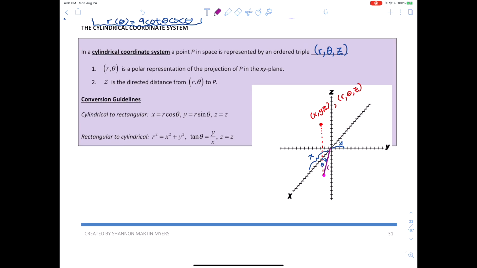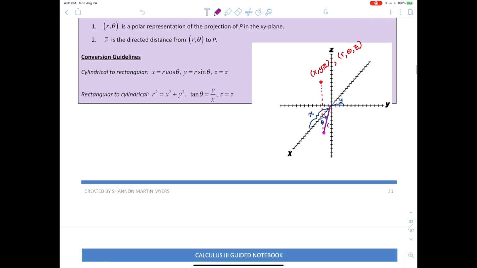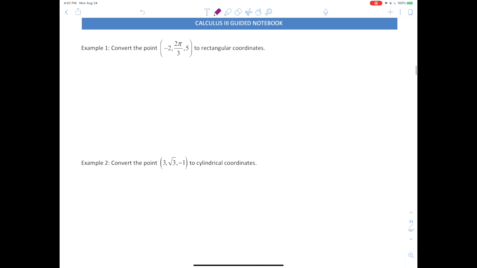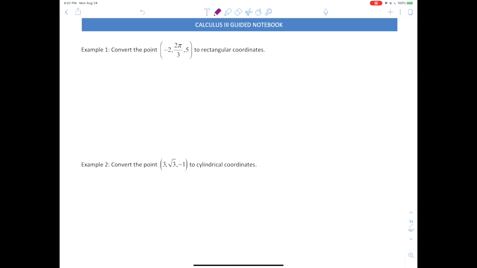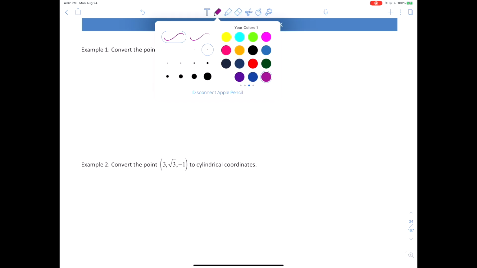Conversion guidelines. If you're going from cylindrical to rectangular, like we said, x is r cosine theta, y is r sine theta, z is just z. Easy to remember. If you're going rectangular to cylindrical, you use r squared is x squared plus y squared, and then tangent theta is y over x, and z equals z. So let's do some problems. So our first one, let's convert the point -2, 2 pi over 3, 5